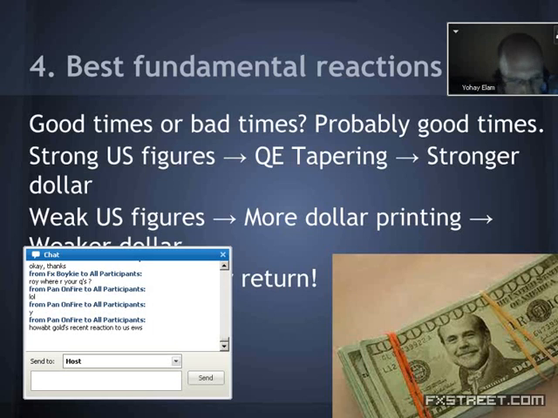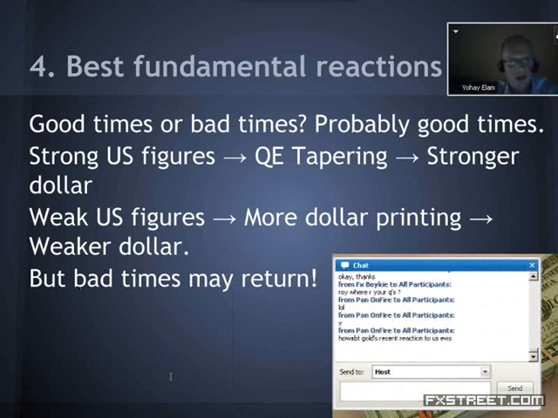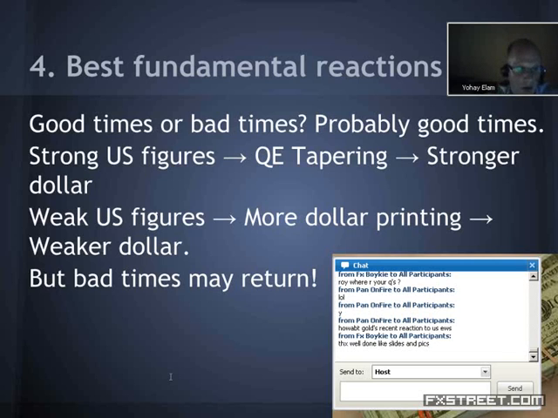Gold. Well, I'm not following gold that closely. Basically, the logic is as follows. As long as the Federal Reserve buys bonds, bond buying, printing of dollars spills into commodities, it spills into stocks. It means gold is supported. And if the Fed tapers bond buying or even tightens somewhere in the distant future, then it's negative for gold.